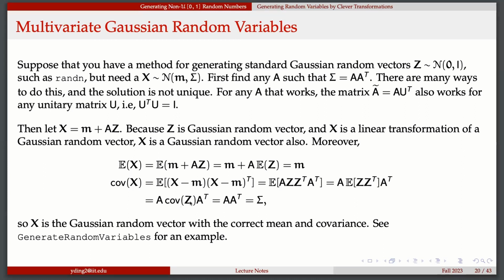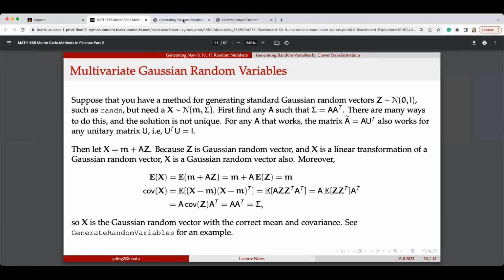The covariance of Z, if it's the 1D case, is the variance, and if it's multi-dimensional, it's the covariance matrix. We know Z follows the standard normal, so the covariance matrix is the identity, because only the diagonal is 1. So this is I, and it will be A times A transpose. It will come back to sigma. That's what you have. Here is just to show you how you get this case, okay? Then let's go to the example here.